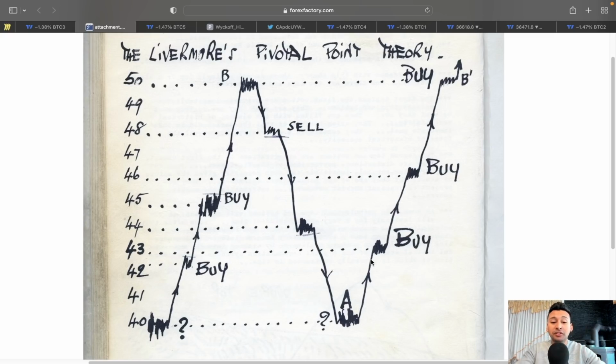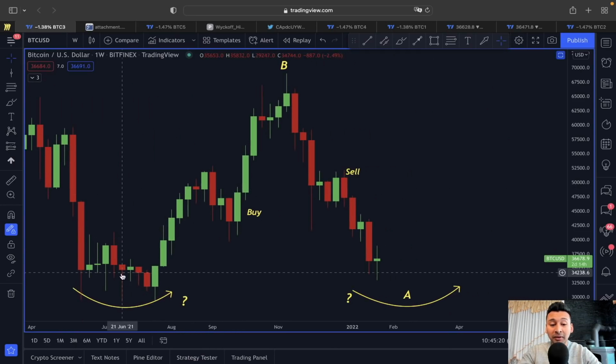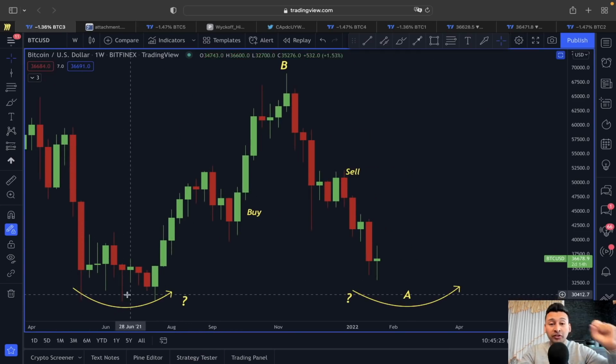And right now, since the price of Bitcoin is clearly showing this downtrend, we don't know where this accumulation phase is going to be. But if you look at this Livermore pivotal point theory, according to the pivotal point theory, the accumulation phase is going to be the area where we previously found support. And if we look in our case, guys, this here is the area where we previously found support around this